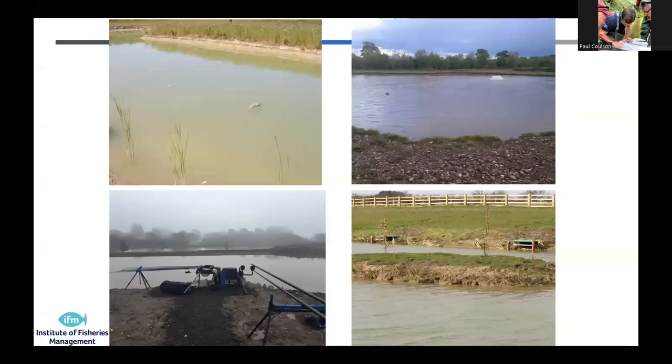These are all fisheries. The one in the top right with the aerator running isn't a fish farm. That's a 22 peg match lake. Not great. There's not a lot of habitat in there. This one here is one of the donut type match lakes. There are odd reed stems here, but again, the habitat's all high and dry as the water level has dropped. And there's a couple of dead fish bobbing around in there as well.